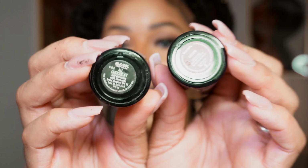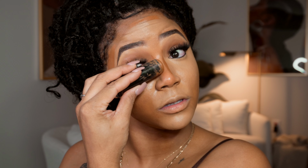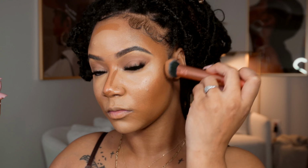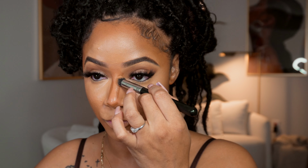These are the two colors I have, which is Carob and All Chocolate for today, so that I can give a little bit more of a natural look and not too chiseled. I'm going to use the All Chocolate because that's more of my undertone skin color. So to blend in that contour, I am going to be using my foundation brush. Now to blend out my contour around my nose, I'm going to